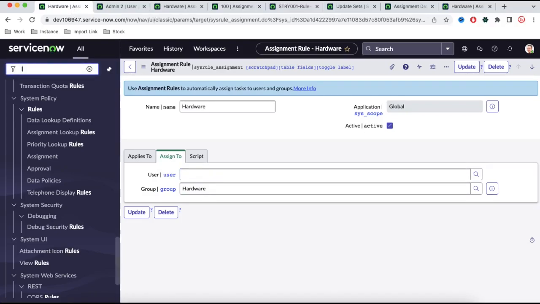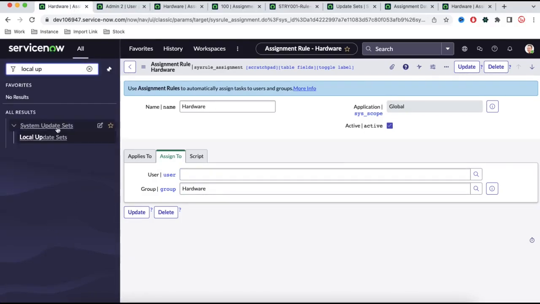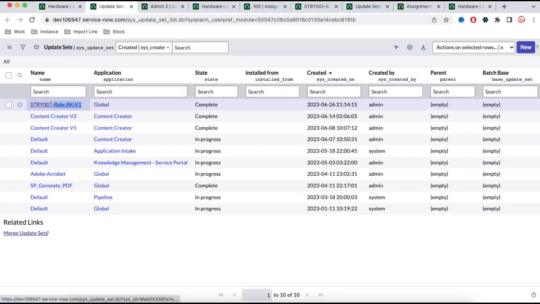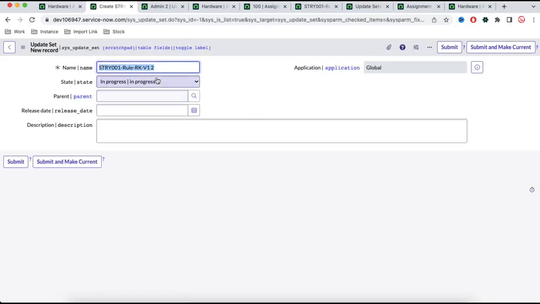So what we can do, we can go to this local update set again, and you can create a new fresh update set. As I mentioned, you should not touch this complete update set, you should create a fresh new update set. So you can name this fresh new update set V2 instead of V1, and then you click submit and make current. Once you do that,